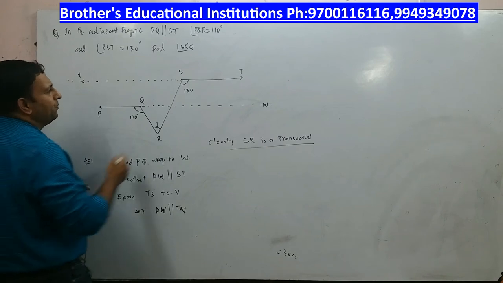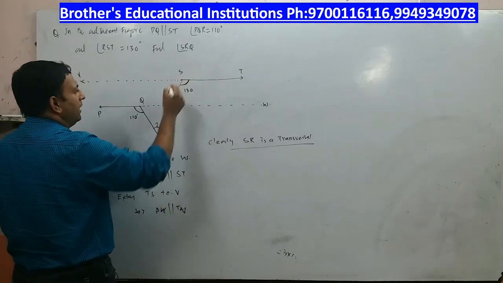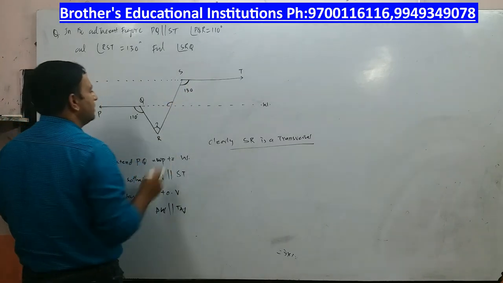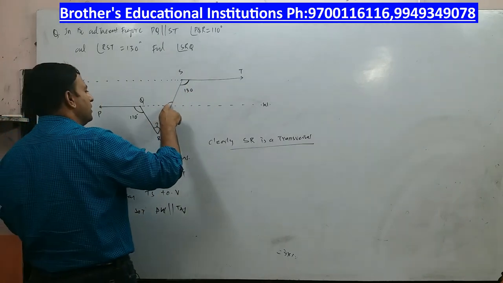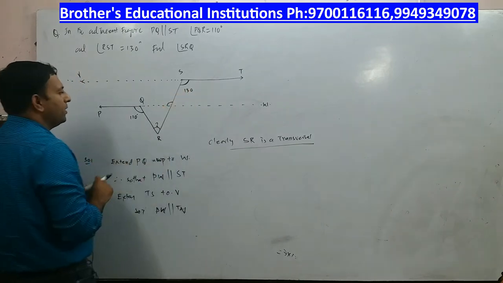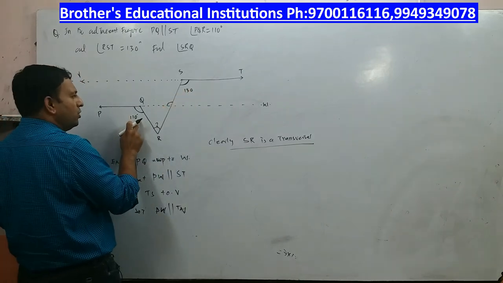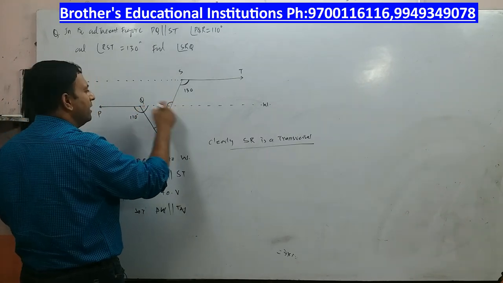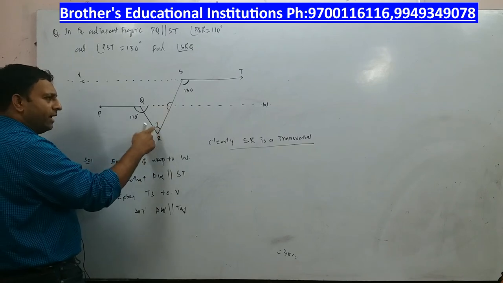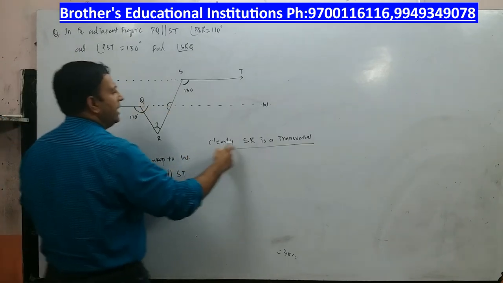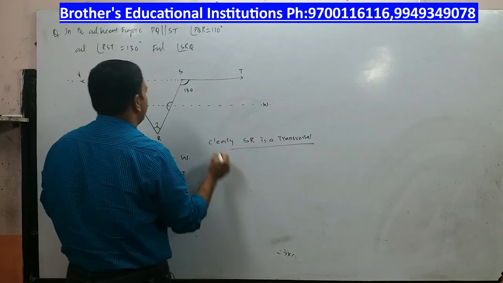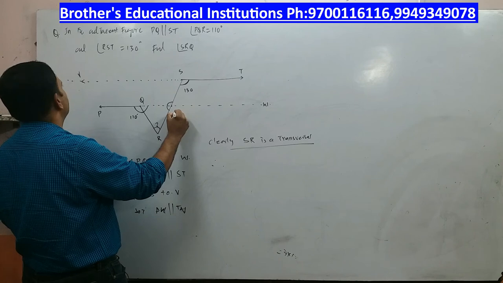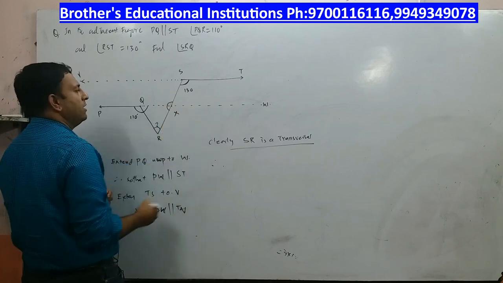Now you can see that this angle 130 is equal to this angle. Why? It is alternate angles. So let me give some name. So this angle and this angle are equal. Now what is given to you? 110. If this 110 is known to you, you can find this angle. And when these two angles are known, we can find the third angle. Now how am I going to proceed? Clearly SR is a transversal. So therefore give some name. I will call this point X.